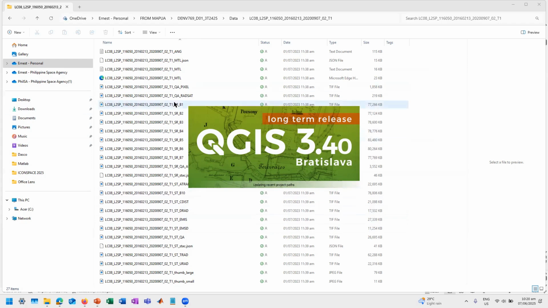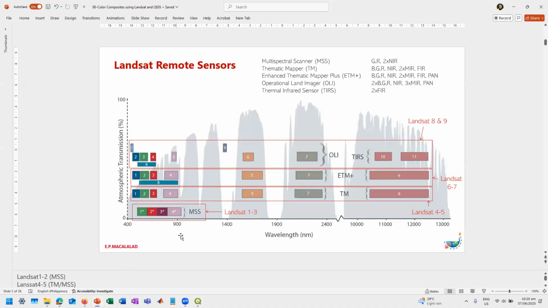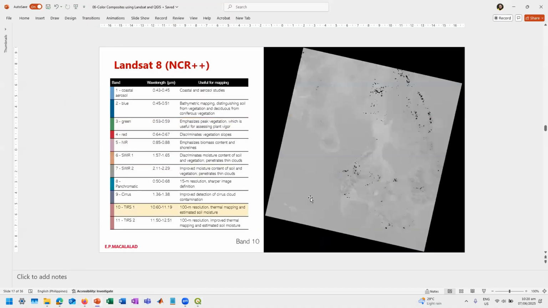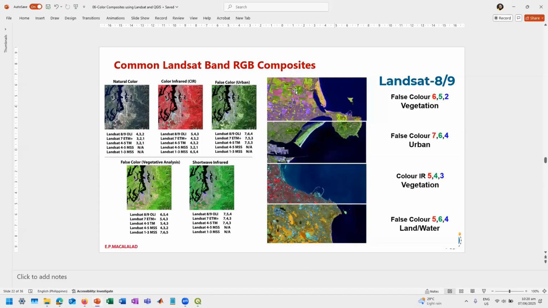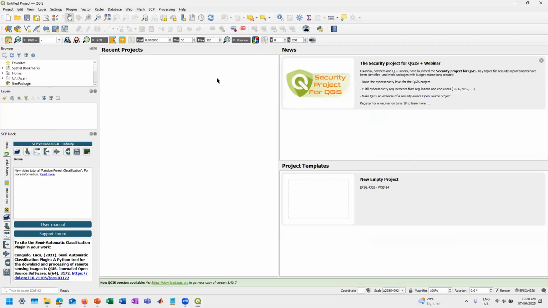So what we're going to try to do right now is to do some composites like this one or this one. Okay, so how do we do that? So if we're going to look at QGIS, so this is the QGIS that we have. You can already download the semi-classification plugin. Okay, and then let's try to do that. Okay, so first is let's have a new project.